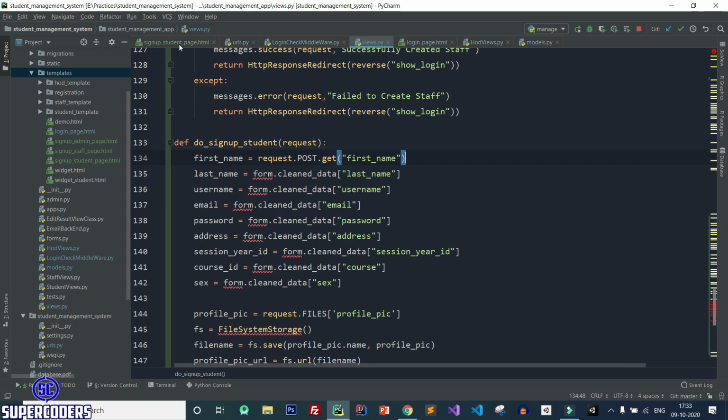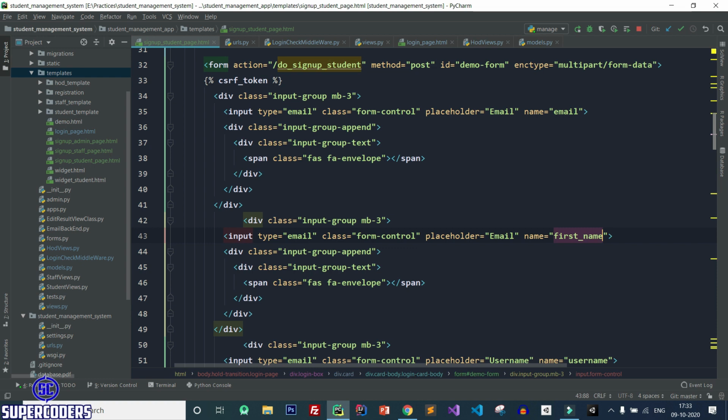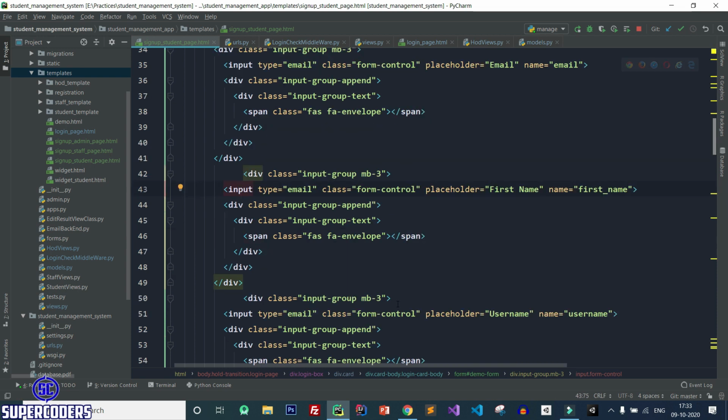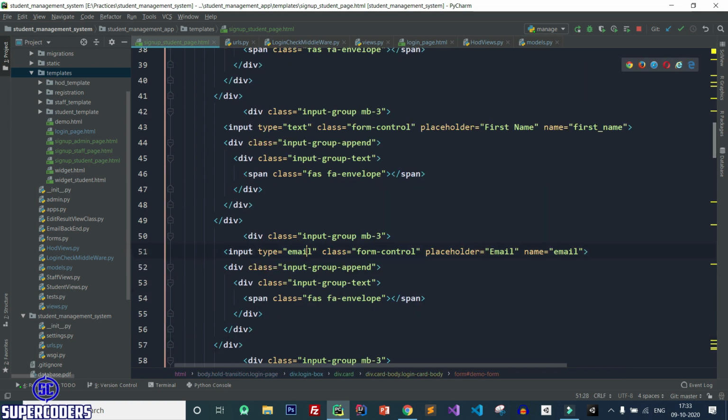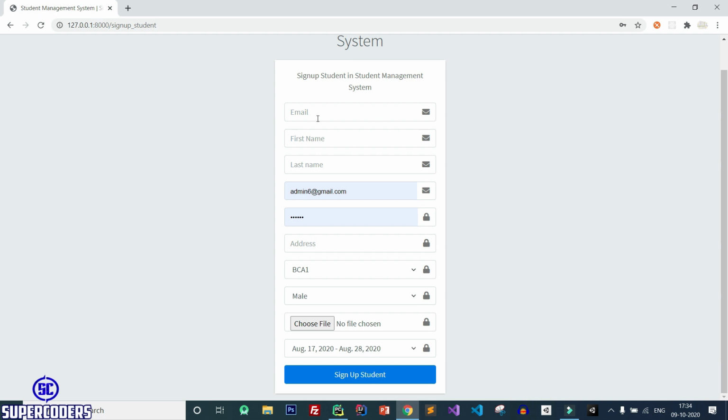So again back to this page and here just copy this same code, paste it, first name, text, again paste it, text, last name, save it, let's check. So it is perfect. Email, first name, last name.